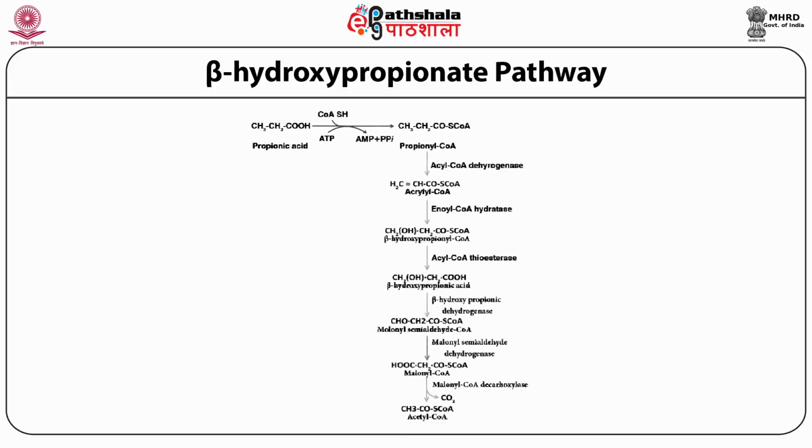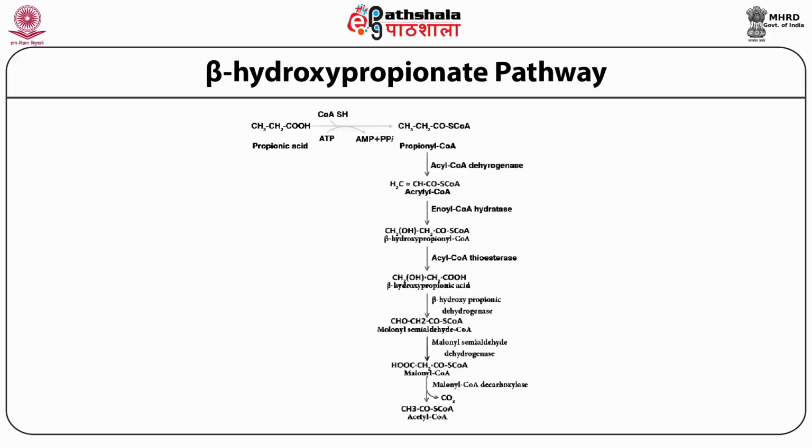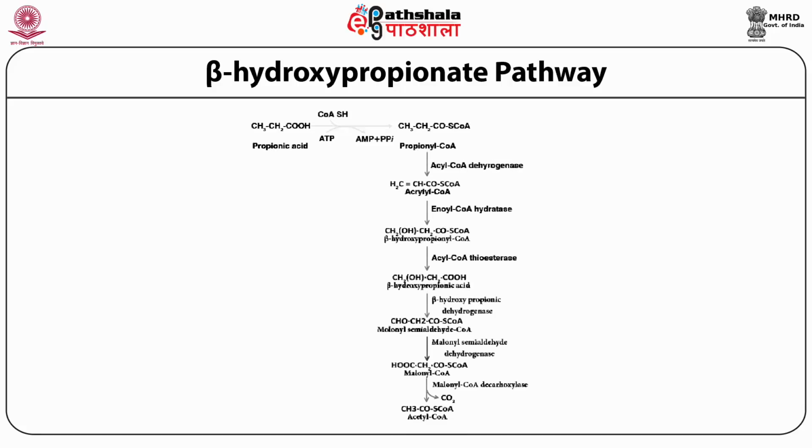Like the methylmalonyl pathway, it gets converted to propionyl-CoA, and upon dehydrogenation in presence of acyl-CoA dehydrogenase gets converted to acrylyl-CoA, which by the catalytic action of enoyl-CoA hydratase is transformed to beta-hydroxypropionyl-CoA. This beta-hydroxypropionyl-CoA by the catalytic action of thioesterase gets converted to beta-hydroxypropionic acid,